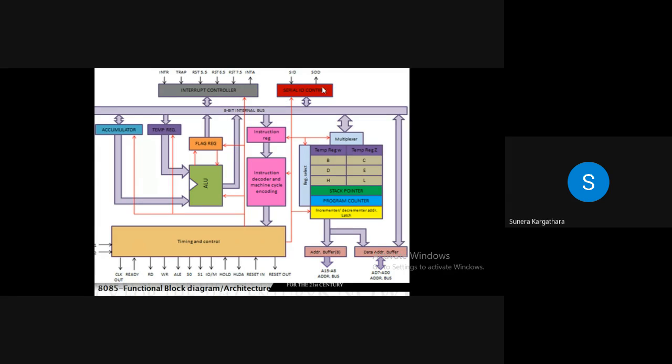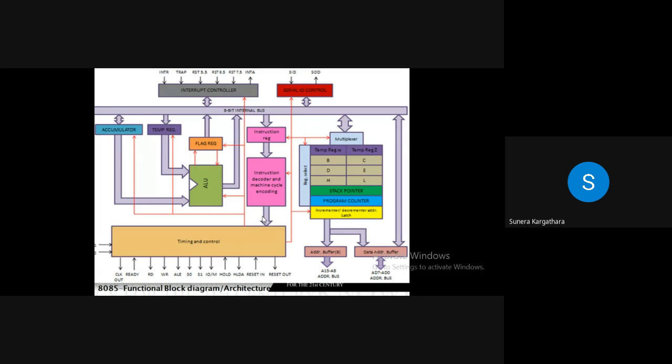If you observe this part, serial IO control, you know these two pins are related to serial in, serial out, right? If we know about registers, this register array section will be known to us. If we understand the function of the ALU, the arithmetic and logical unit, what we should give as an input to the ALU and how we will consider our output. So if we check it step by step, things will be easy to memorize, right? So this is nothing but the internal architecture of your 8085 microprocessor.